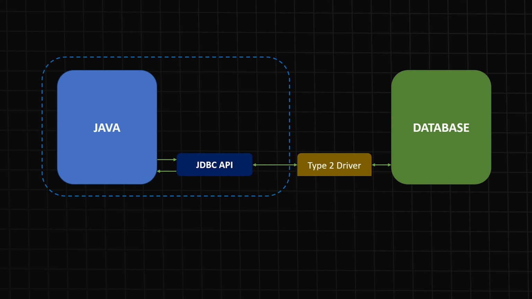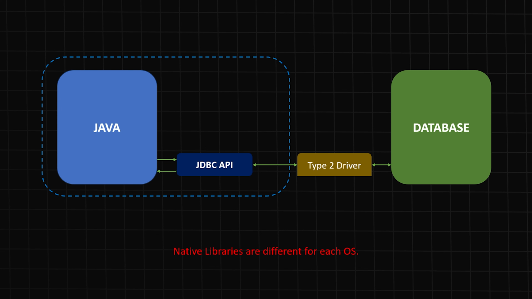There was only one translator here, that was the type 2 driver. And this became very popular in the area of banking systems and controlled environments, where the operating system will be the same, the database will be the same, there will be the same machine, and the native libraries could be installed once. But now comes the real problem.